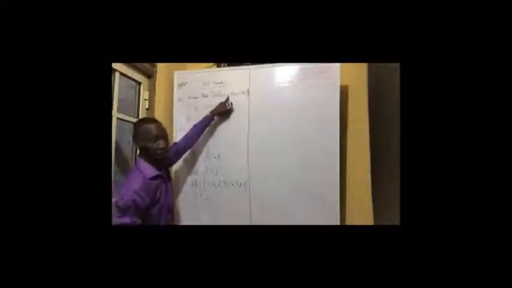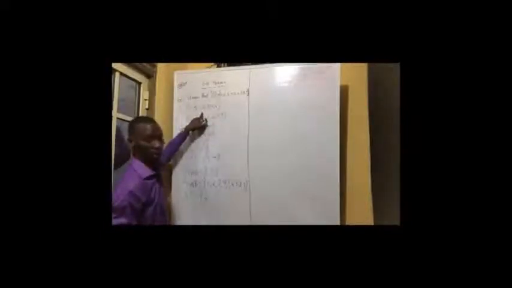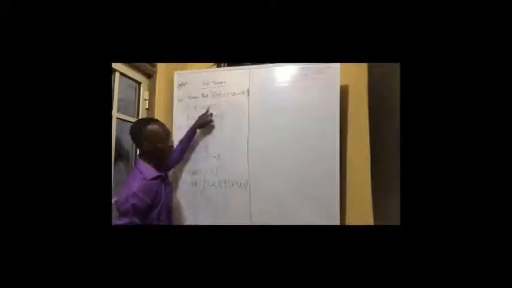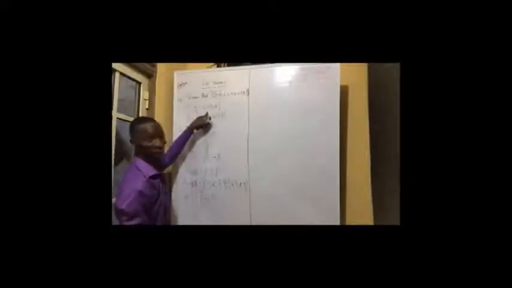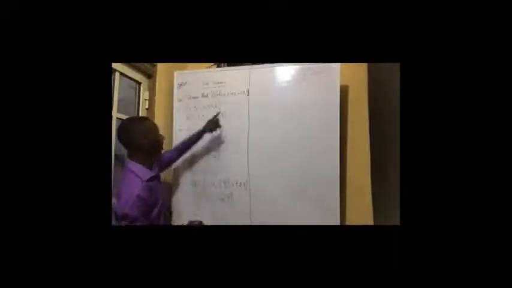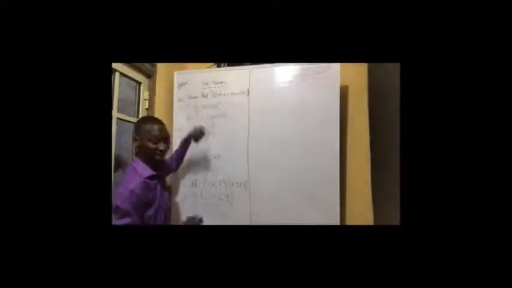Let's check out the next one, which is 3. 3 is in set A. So 3 is not part of the elements of A complement. You have 4. No 4 in A. So 4 is part. 5 is part. 6, you don't have 6 here, so 6 is part of them. 7 is in A, so I can't pick 7. 8, you can't pick 8. 9, yes, you can pick 9. So these are my what? My A complement. Elements you can see in the universal set but not in set A.